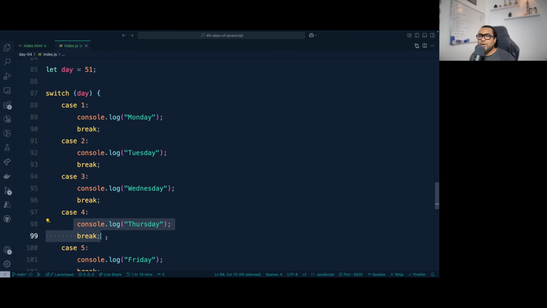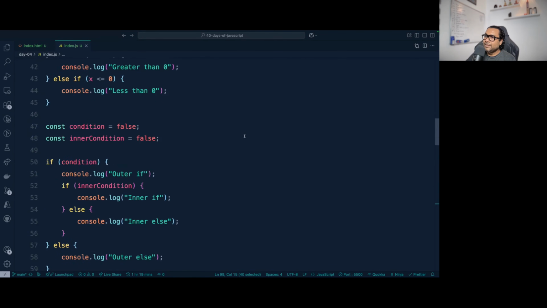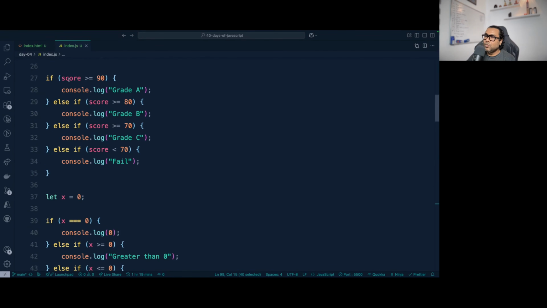And of course, apart from performance and readability, another factor, which is the most crucial between selecting if else and switch, is the use case. If you have a logical condition, for example, this particular example where we have score greater than 90, score between 80 and 90, score between 70 and 80, score less than 70, we won't be using switch case here at all, because it's a complex logical condition I need.